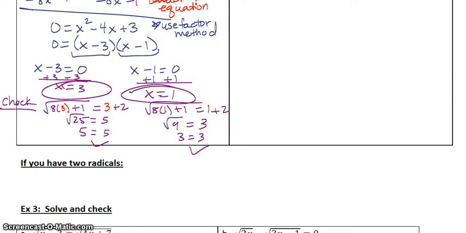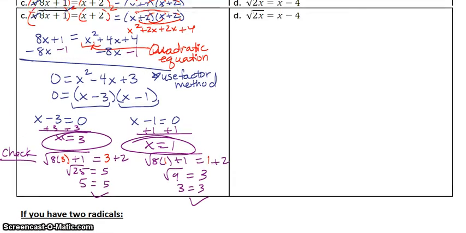Let's look at part D. Alright, so part D, very similar to part C. So again, it's ready to just square right away. When I square it, this just becomes 2x, but over here, I have to write it out twice and then